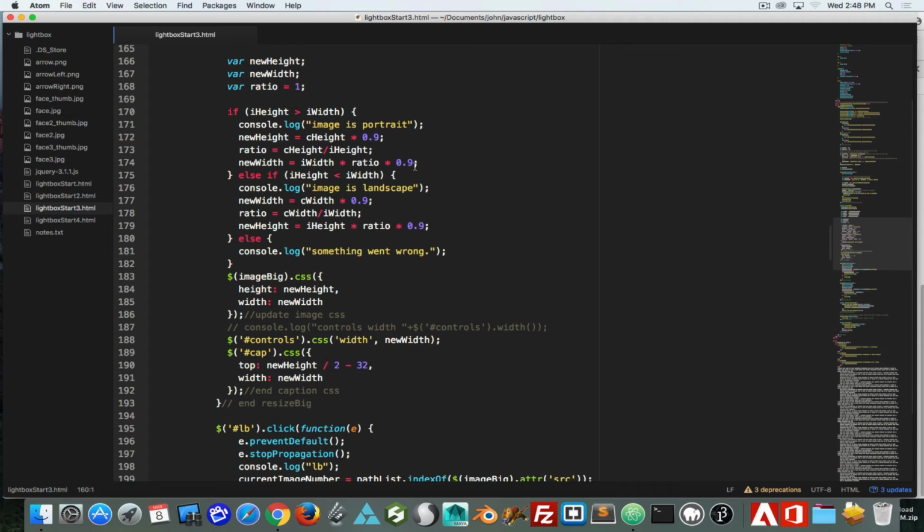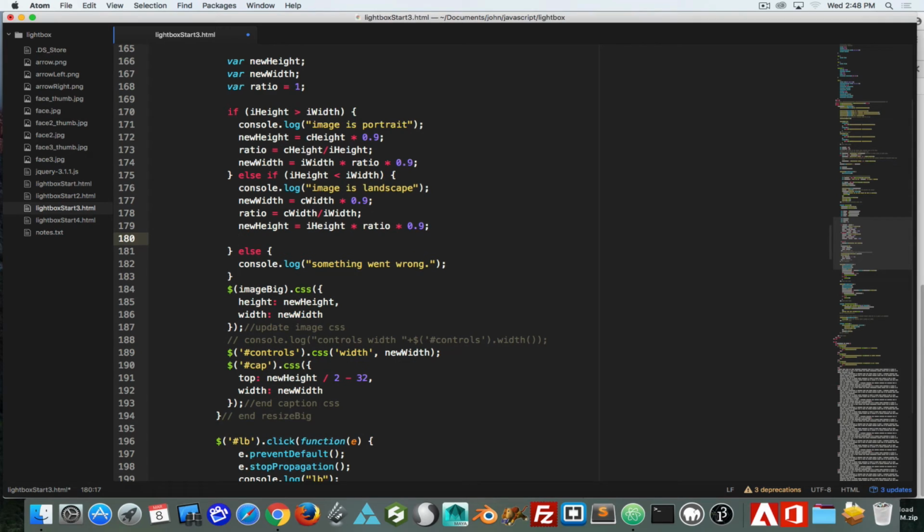Looking in the code, we can see that if the image height is greater than the image width, we're assuming then the image is portrait. If the image height is less than the image width, then we know it's landscape. Since we were able to see that one happen with the Bill Murray, then we are going to work with that one first. So what we can do is, after we've recalculated a new height and a new width, then